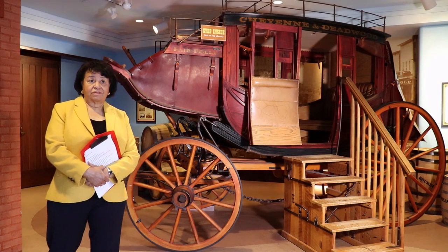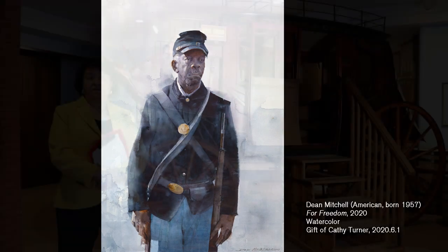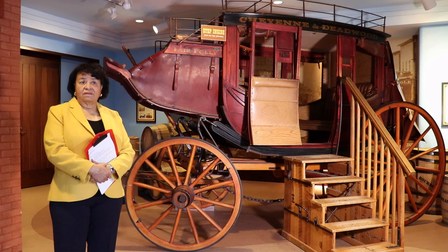We've talked about For Freedom and Dean Mitchell's lovely rendering of a Union soldier. And I've been intrigued by that title, For Freedom. It's as if one word is missing in the title, and that word is fighting. Fighting for freedom. Because after all, isn't that what those Union soldiers were doing? They were fighting for their freedom. And think about the contributions that they made to the development, not only of the West,